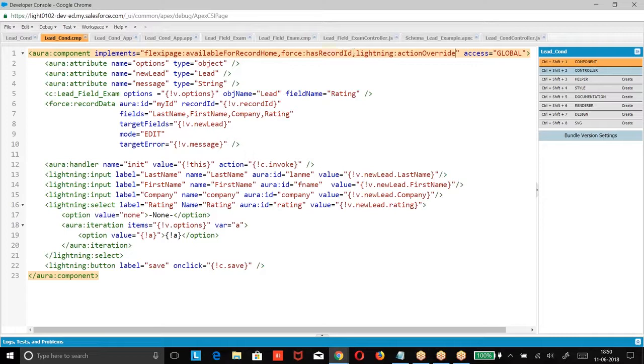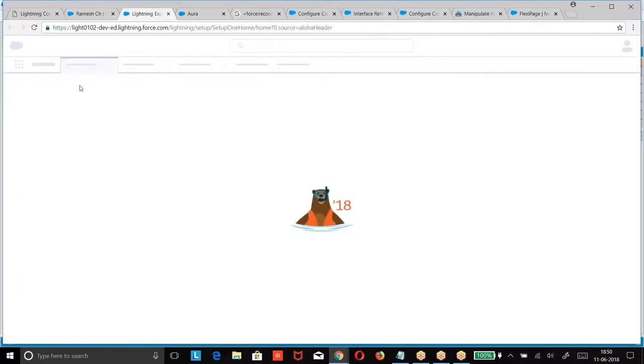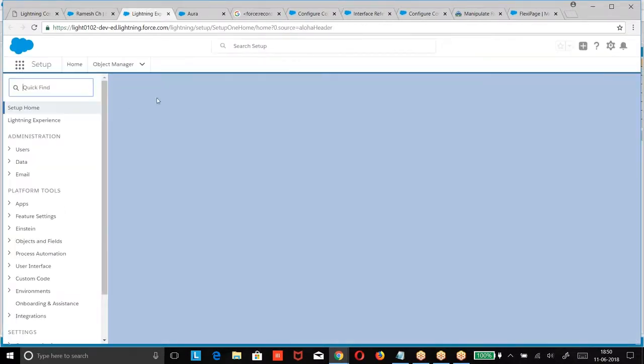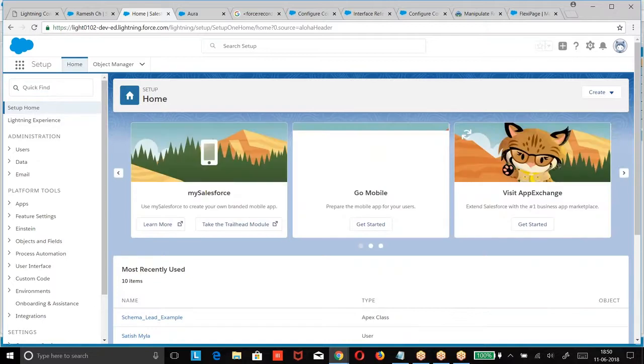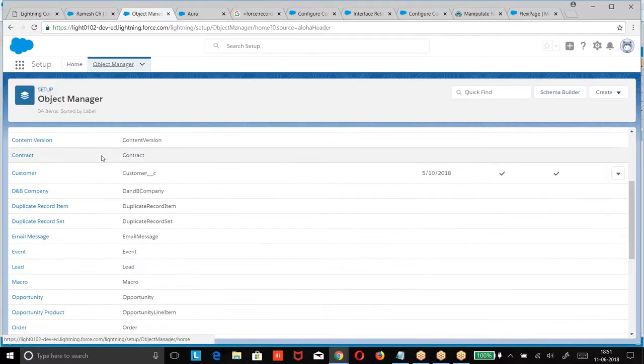Then how do you override? Go back to this. Go to setup. Then we have object and fields, object manager.